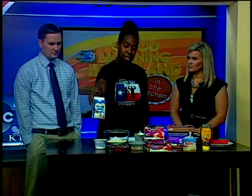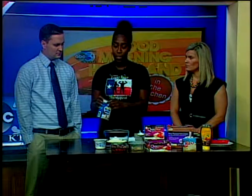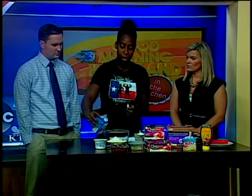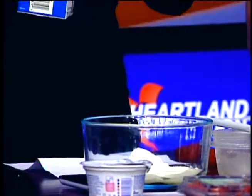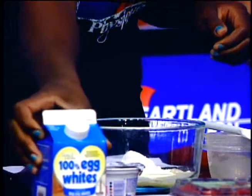The next one is egg whites. And you're going to use about 46 grams of egg whites, which really isn't a whole lot. But it's pretty much just there to make it moist so you can mix it together. Now, I know a lot of people are transitioning or have used egg whites to do healthy cooking. Kind of explain what the difference is between the egg whites and just using the whole entire egg. Obviously, I know you take the yolk out, but...